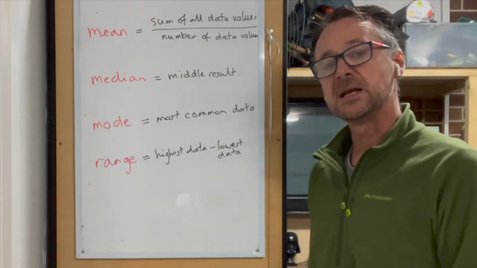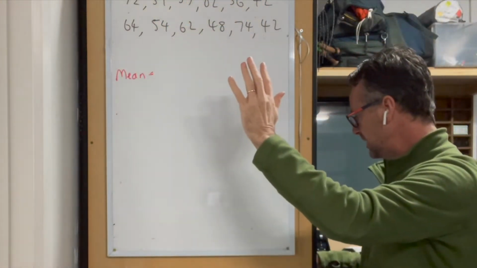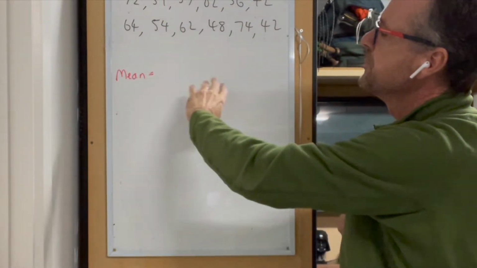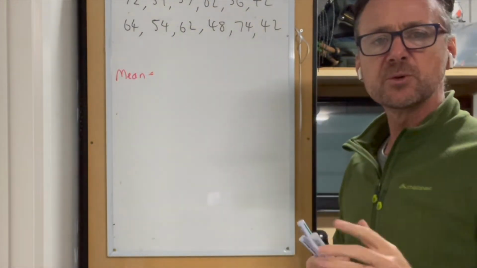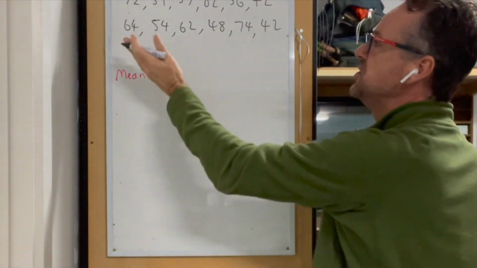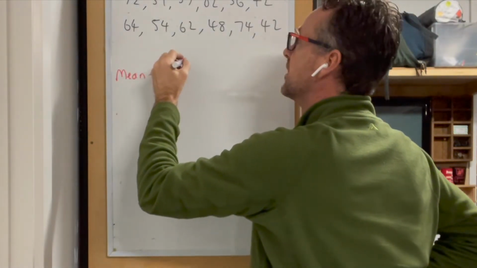So let's look at an example. Okay, so now we have our data set. These are all points, and we want to find the mean. The first thing we need to do is write the equation, which is going to be the addition of all of these firstly. So 72 plus